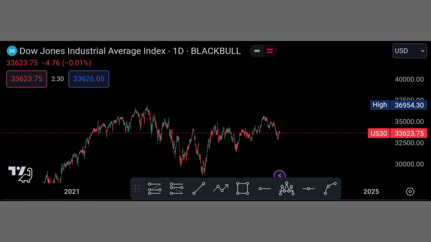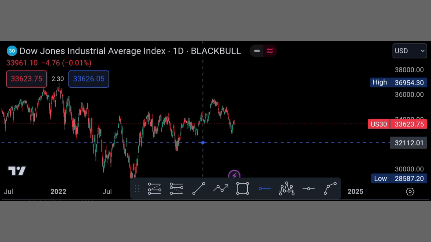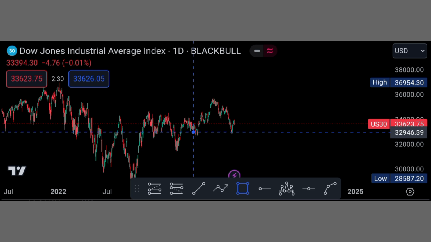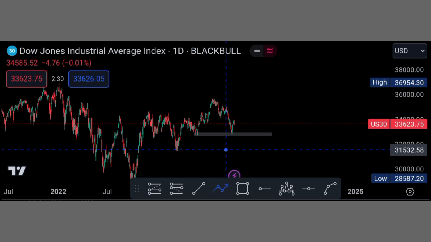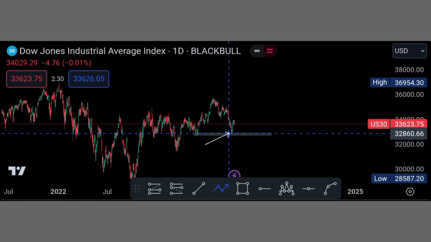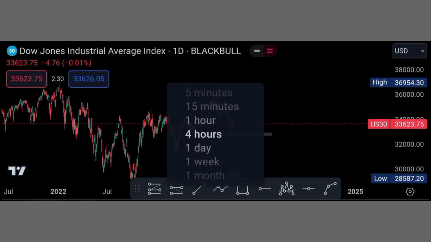Okay, guys, so we have US30 on the daily time frame. So far, I can see that we have the sensitive level around this area. I'm just gonna mark it around here. So that is our sensitive level. The reason why I say that is because the market bounced here, started going up, and it bounced here, and we moved to the upside, right? So from here, now that we see that we're looking for buys, we're gonna go over to a 4-hour time